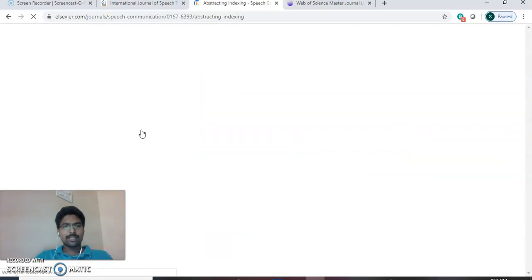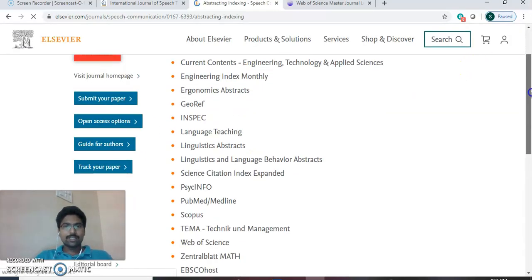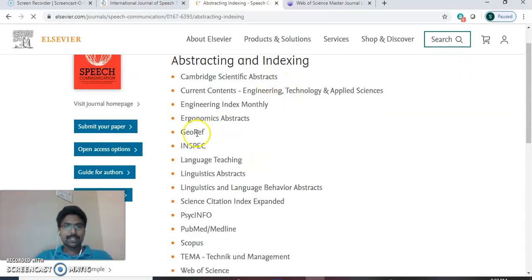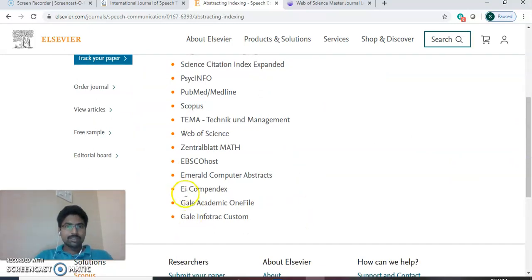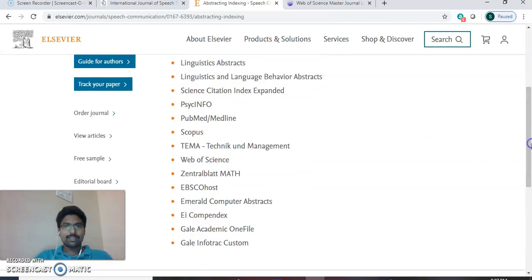So click on this abstracting and indexing. Now you can see here Cambridge Scientific Abstracts and Scopus also. This journal is in the Scopus database also, and Science Citation Index Expanded, this SCIE.